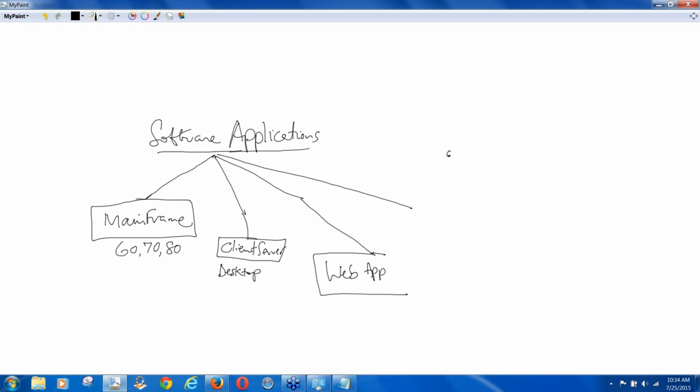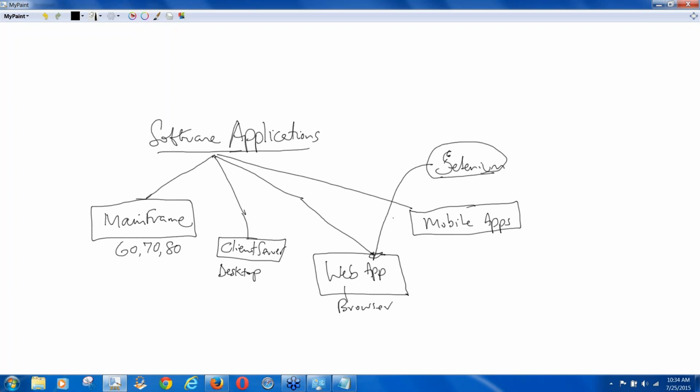Web applications are something that run in a browser. So these are browser-based applications, right? And lastly, today you have mobile applications. So if I'm using Selenium, what can I test using Selenium? This course is all about using Selenium to test web applications. Selenium cannot test client server applications. Selenium will not be able to do mainframe applications. Selenium can do mobile applications, but we will not be testing mobile applications as a part of this course,